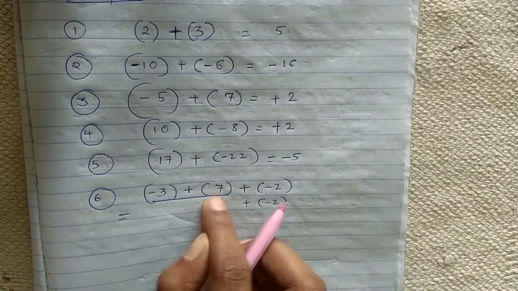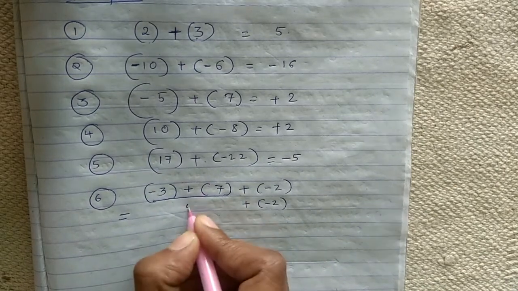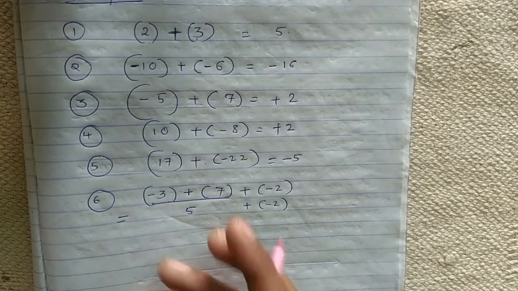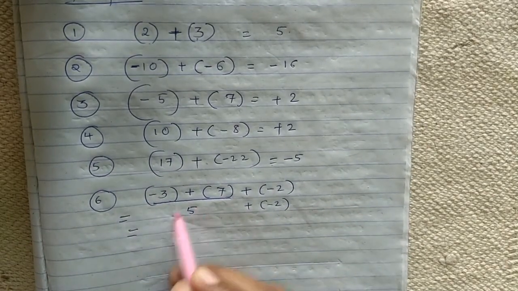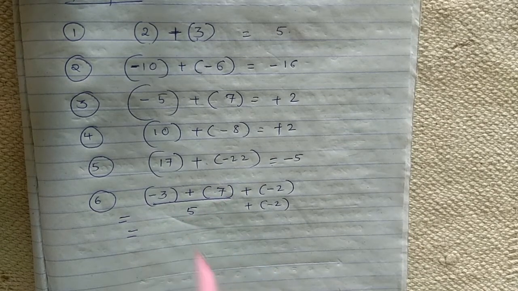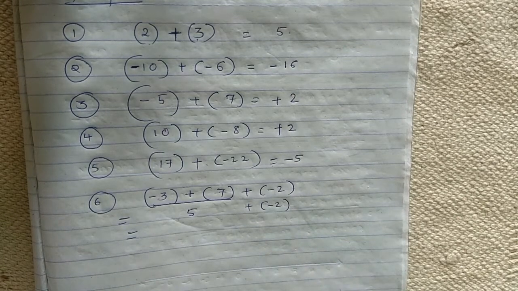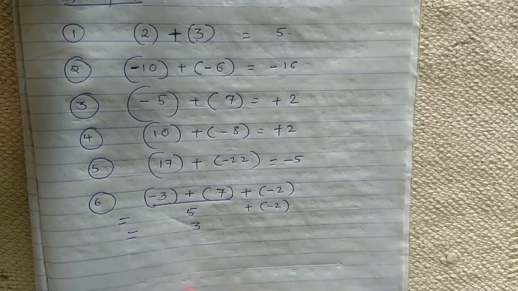So one is minus, one is plus. Different sign, so we have to subtract. 7 minus 3 is 4. Sign of greater digit, that is 7. So no need to write plus here. Now these 2 integers remain. One is plus, its sign is not given, means plus it is, because sign of 7 we have given. So one is plus, one is minus, so we have to subtract. 5 minus 2 is 3, greater digit, that is 5, its sign is plus.